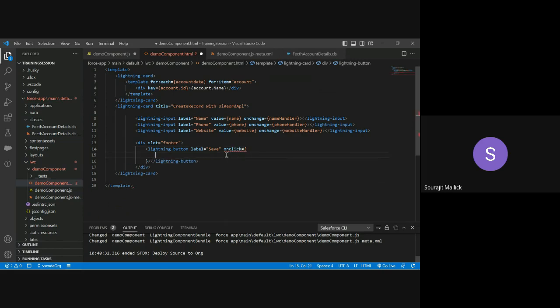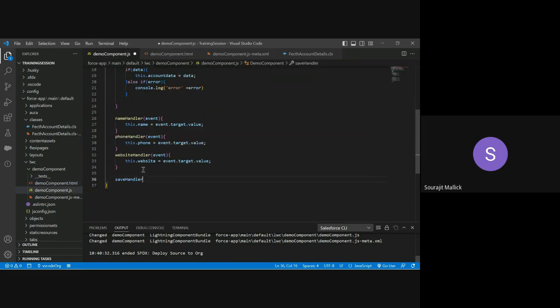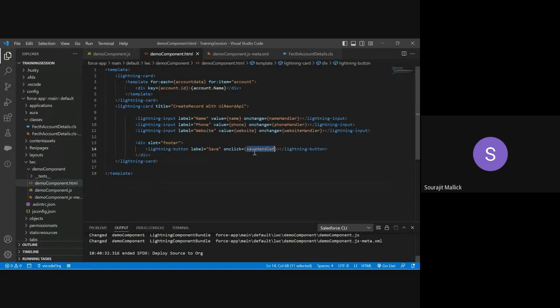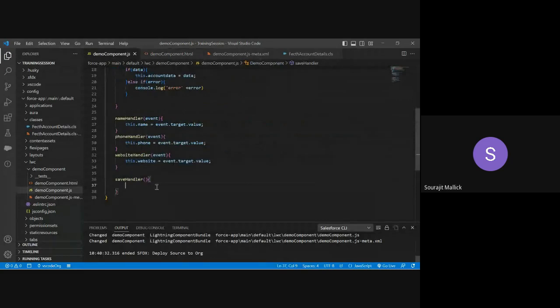Okay, onclick, let's say saveHandler. So if I put it over here, saveHandler, then when I click on this particular button, it will go to the saveHandler method. Okay, now what we need to do, we have to prepare